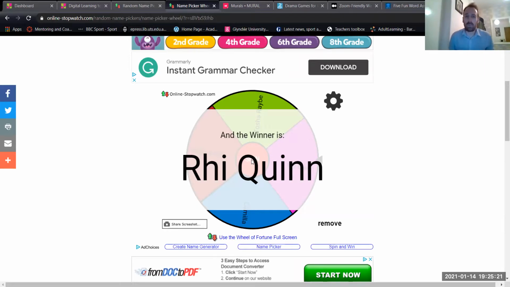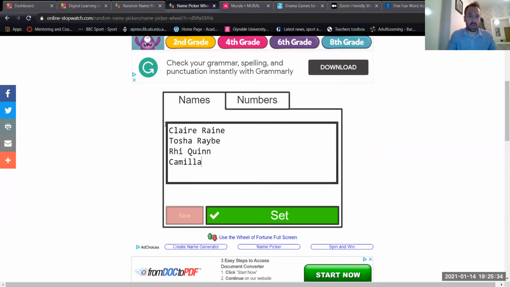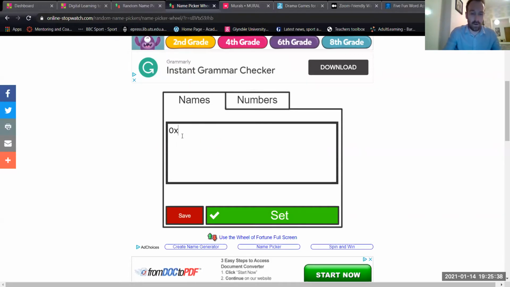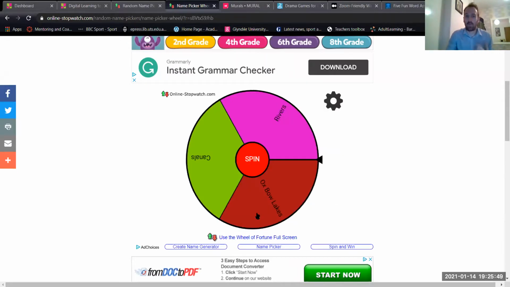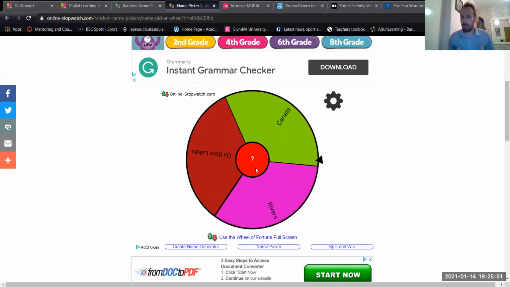Again, we're highlighting this, it's an ability to share it. I've used this in the past for, I've put topics and I've put them into groups and said, what topic will you get? I want you to talk about maybe a subject we looked at last week. I can put the subjects in. It doesn't have to be a name. I could put in here, I've got a thing for it today. I don't know why, but I'm going to put in there Oxbow Lakes. And maybe someone else is going to talk about canals. Someone's going to talk about rivers. I can create that as my wheel and I can spin that around for them and go, okay,